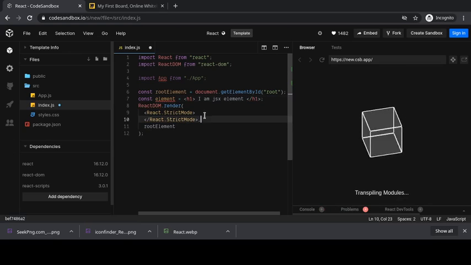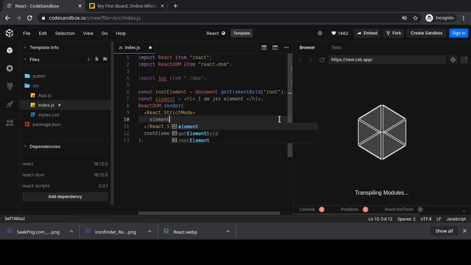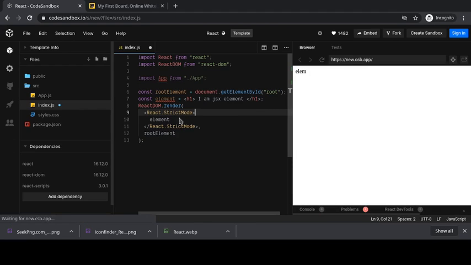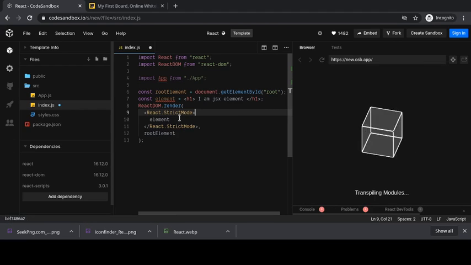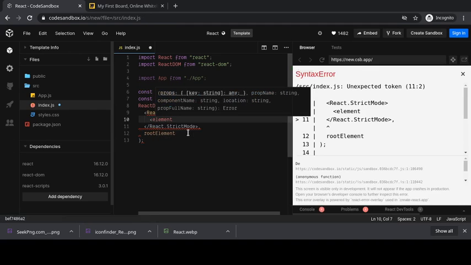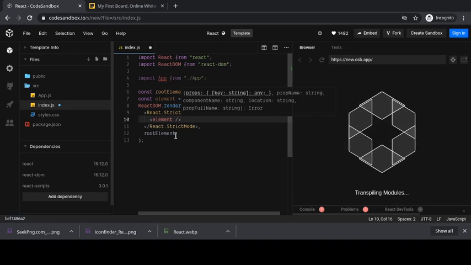Now I'm going to render this element in React. Let us wait for some time. The browser output is getting refreshed. Oops, spelling mistake. We need to render it like this. Sorry about that, I made some mistake.